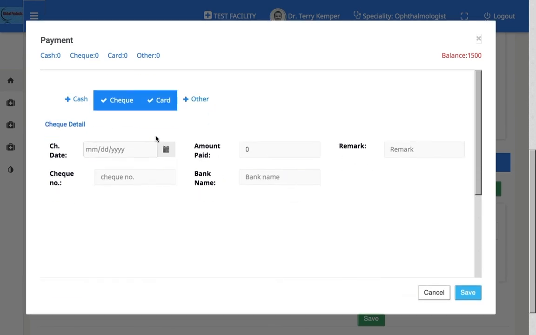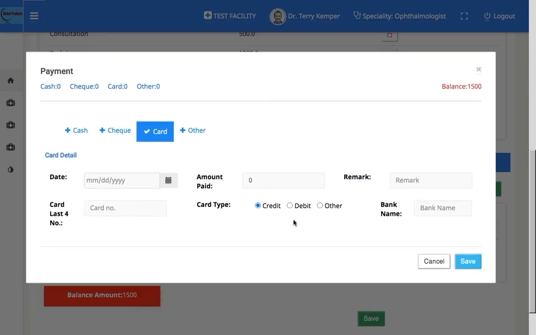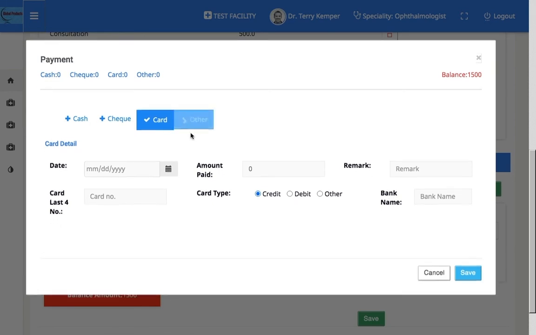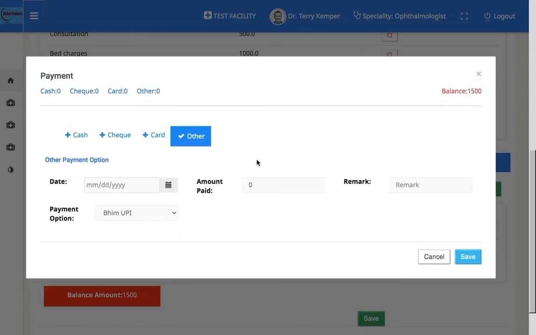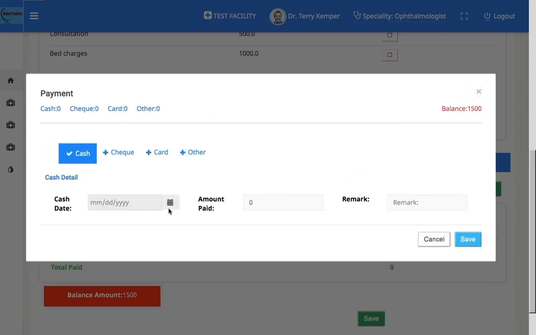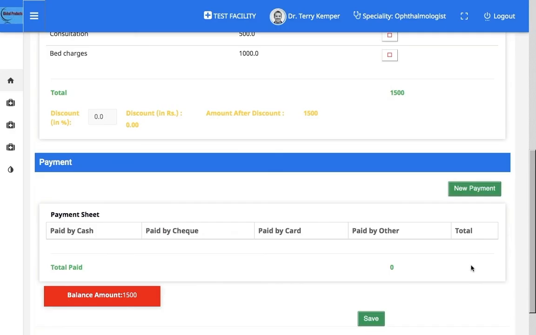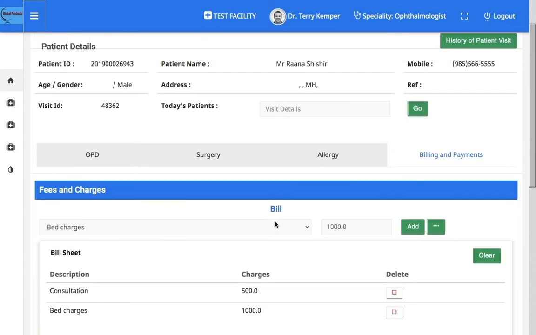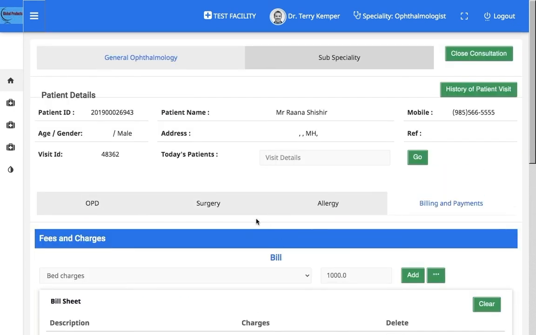If the payment is made using a card or by any other means, such as UPI, Google Pay, Paytm, any of the payment methods. Selecting cash will show the date on which the payment is made, the amount to be paid, and a remark if any. So this is the billing part. This is about the overall general ophthalmology and subspecialty modules.